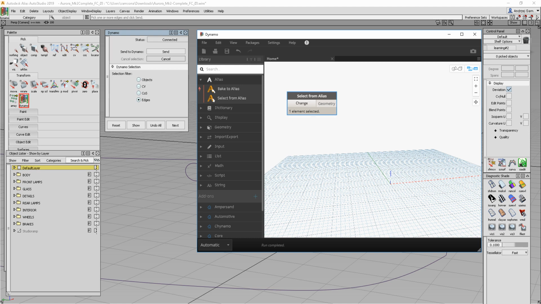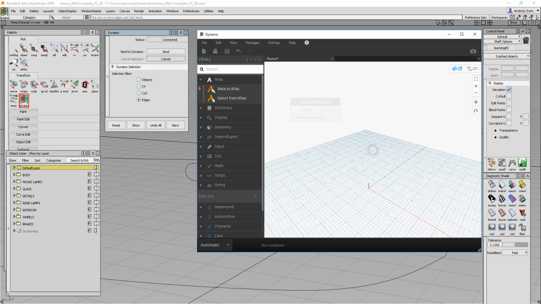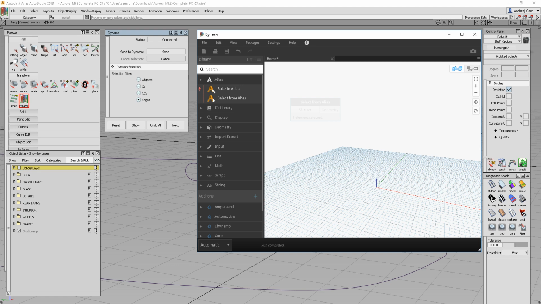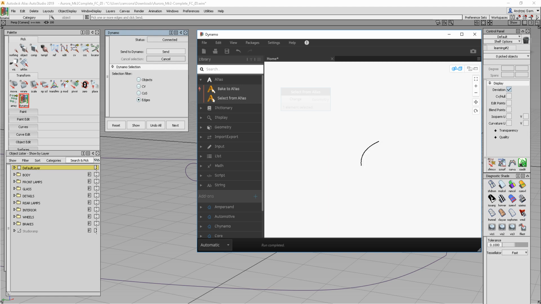One element selected. If you hover on this little gray area on the node, you can see this is the list. So basically this is what this node is taking from Alias as a reference. However, if I rotate, I don't see anything. That's because Dynamo is unitless, which means that if I hit here, you see Dynamo now extracted my curve in the correct position